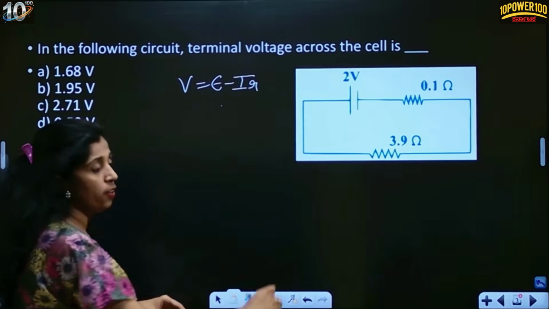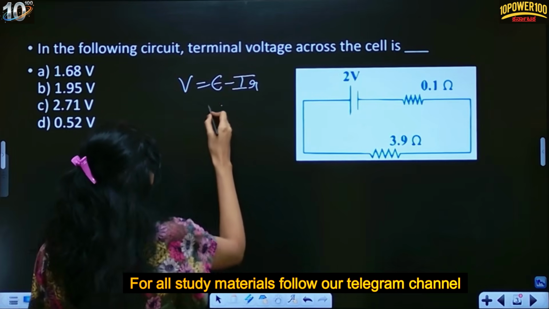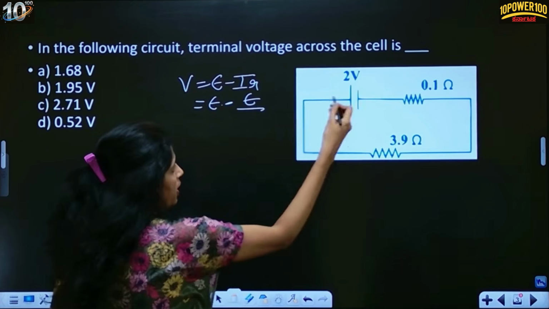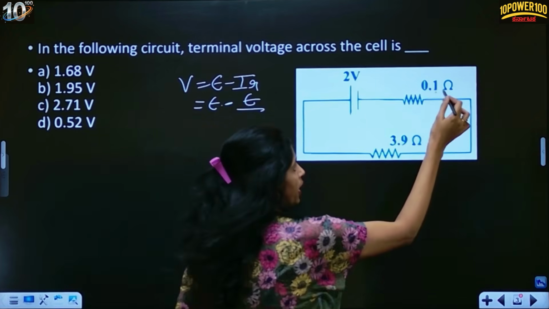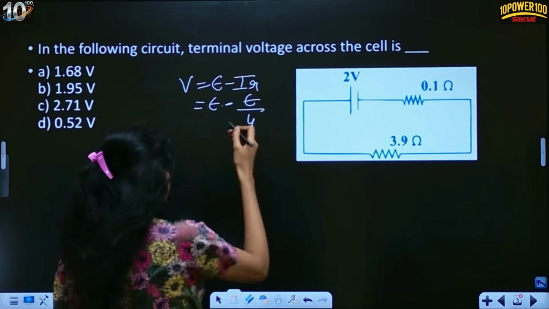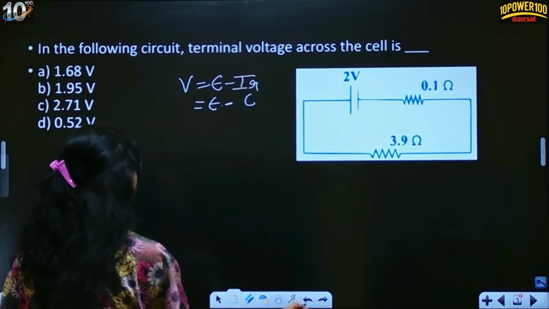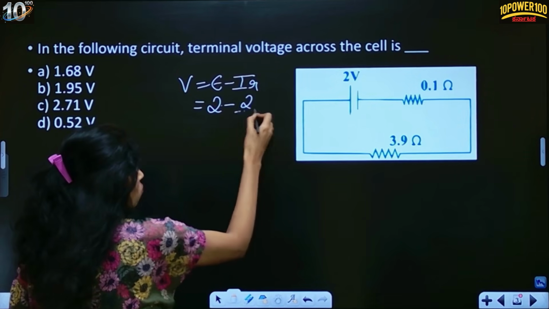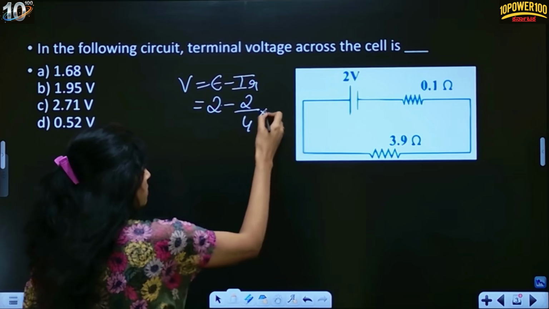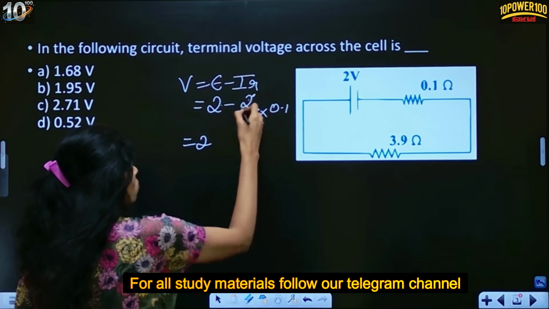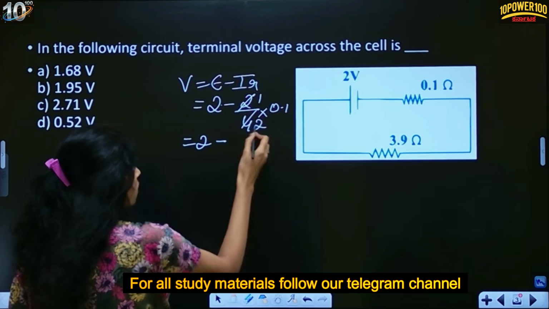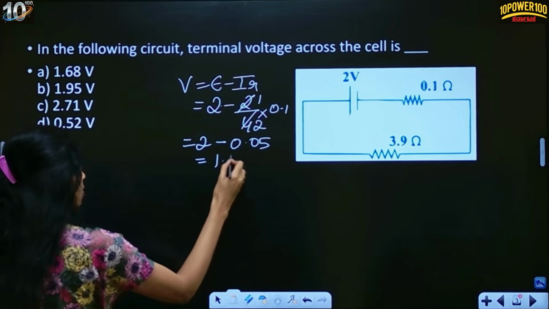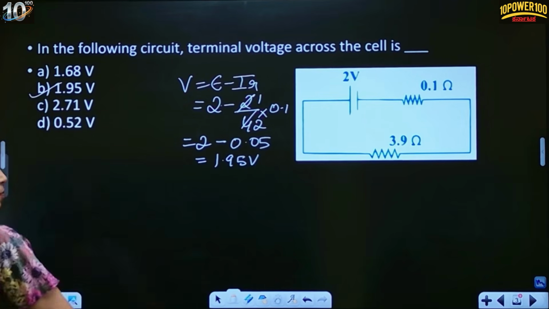Okay, so we don't have a current over here, so current na hege madodu, we will take a current formula. Okay, so I equals E divided by total resistance. Total resistance enagutte 3.9 plus 0.1 is nothing but 4 ohm. Okay, so you can just substitute over there. So EMF 2 volt minus current is nothing but E by R alva, so 2 divided by 4, and internal resistance 0.1. So what will you get? 2 ones are 2, 2 twos are 4, 0.1 by 2 is how much guys? 0.05. So 2 minus 0.05 eshtagutte? It is nothing but 1.95 volt. That's it. So option B is the correct answer.